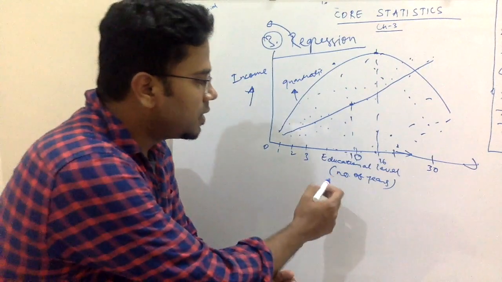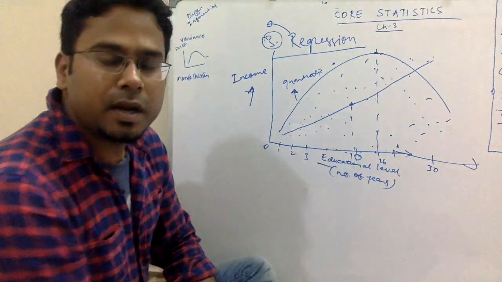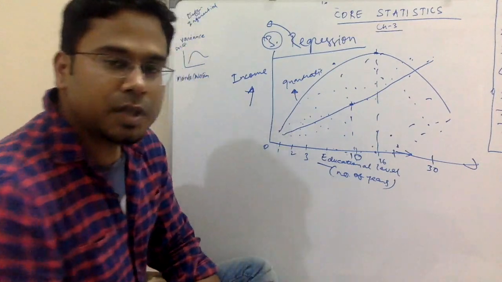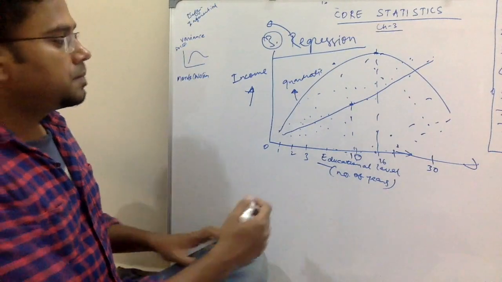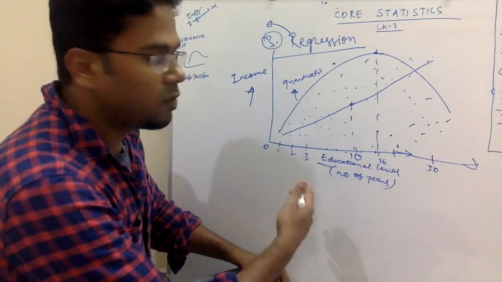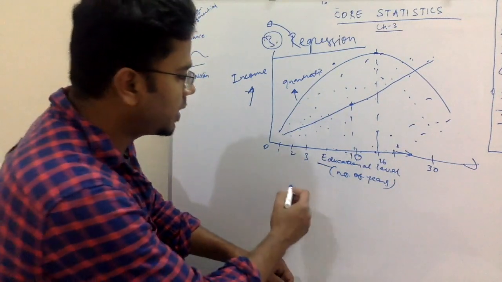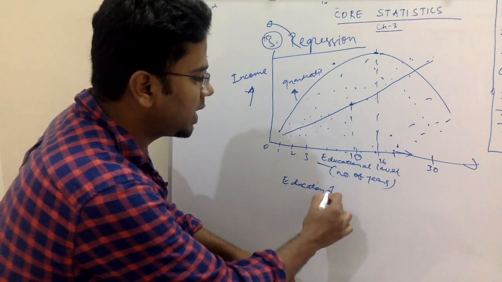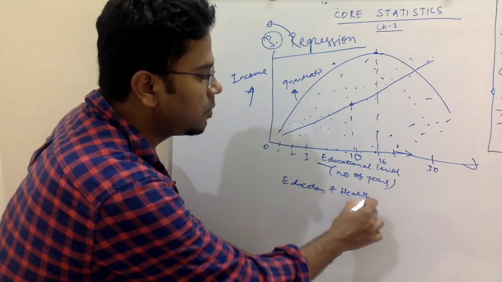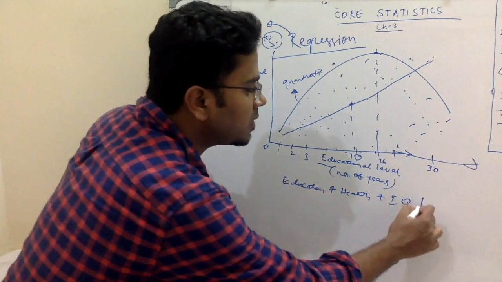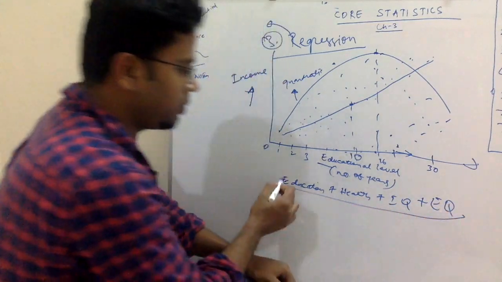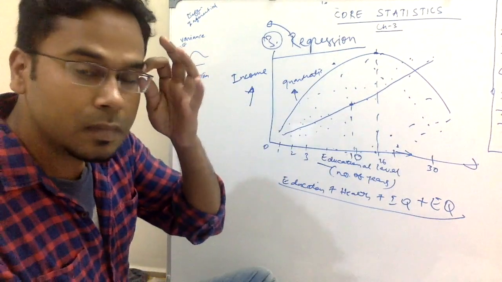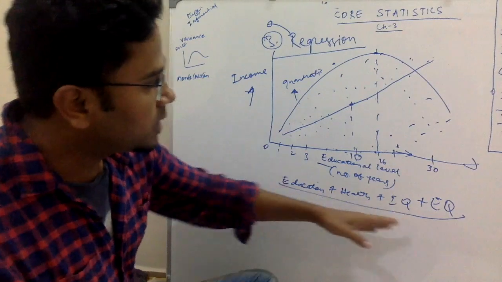Another important thing I was telling you, which I forgot. Here we are considering only one independent variable, educational level. But a regression can also be run on more than one independent variable, right? So there can be educational level plus health plus IQ plus emotional quotient. Maybe these 4 are the most important variables which determine your income. So still these 4 variables can